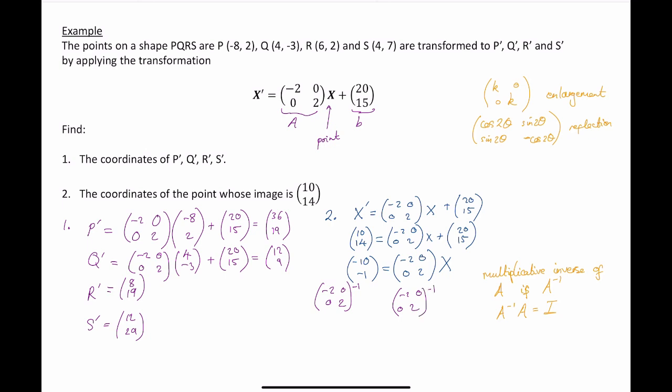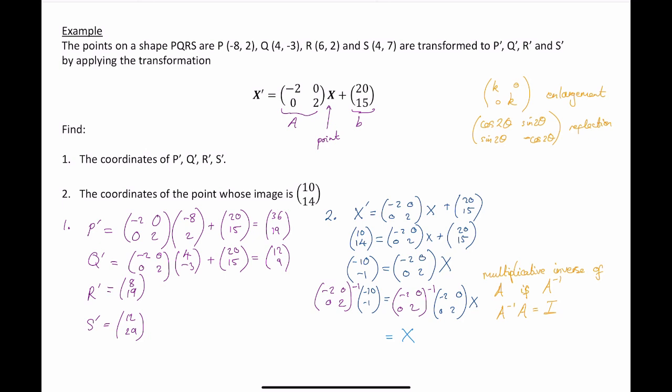I'll put that in a different colour to make it super clear. And what will that do? Well, here we've said that's just the identity matrix. The identity matrix times x is just x. So that will leave me with